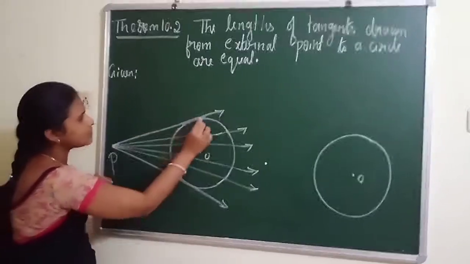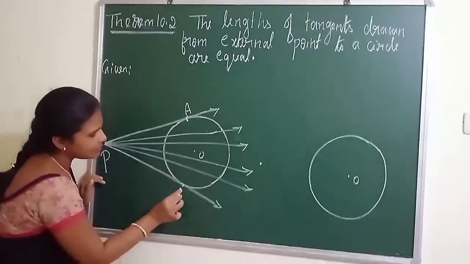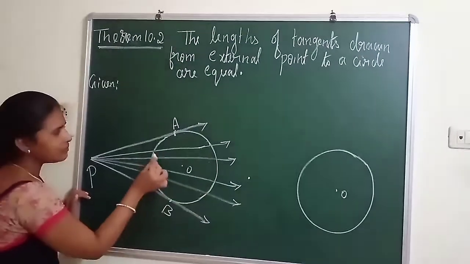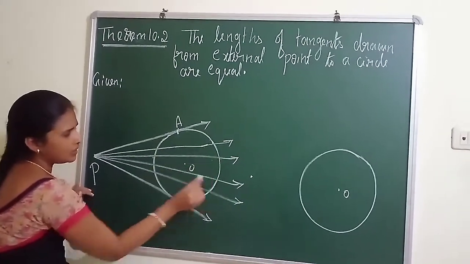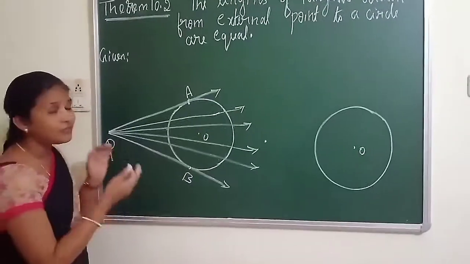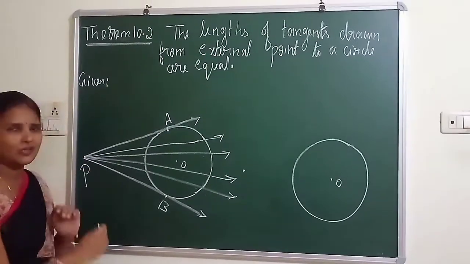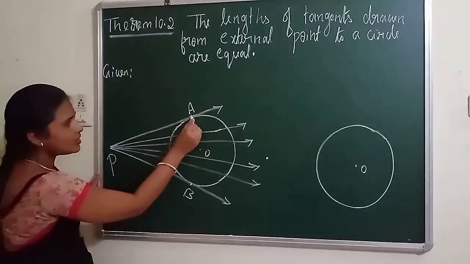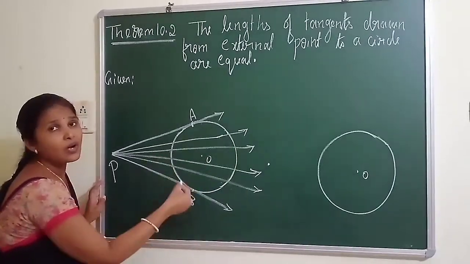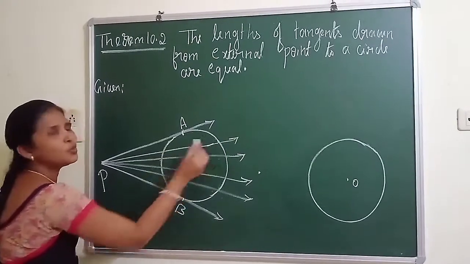You can see this ray is meeting at exactly one point, let us mark it as A, and this ray is meeting at one point B. Whereas these rays are meeting at 2 points. So with this you can conclude, how many tangents can I draw from an external point? Exactly 2 tangents. So what are they here? The tangent PA and the tangent PB. You can see the middle rays are not tangents. What are they then? They will be secants because they are meeting at 2 points.